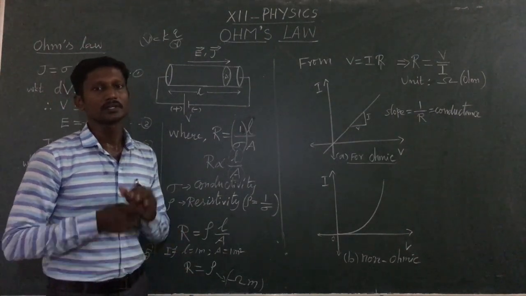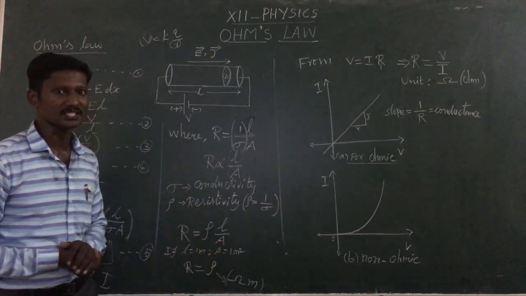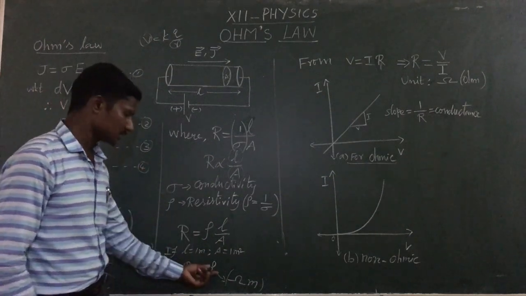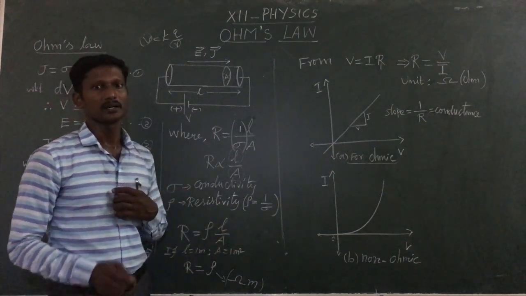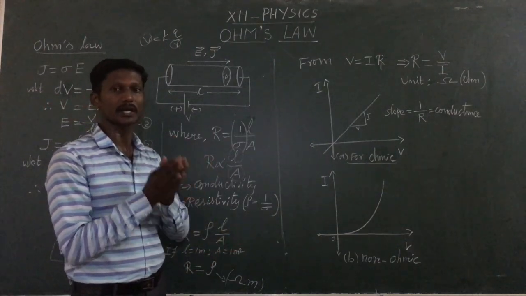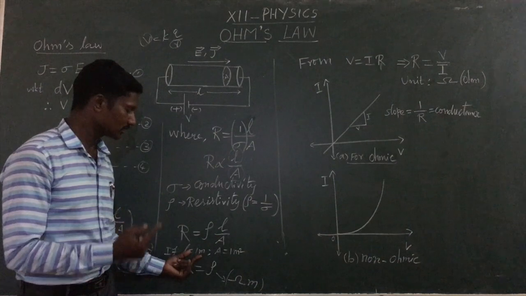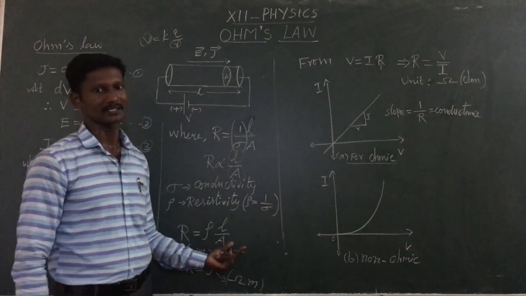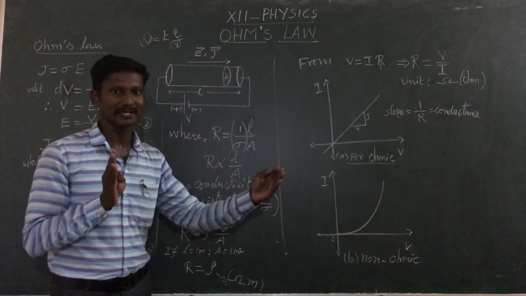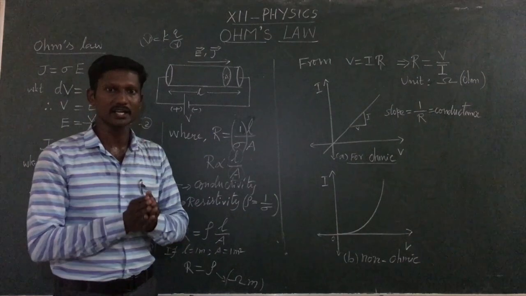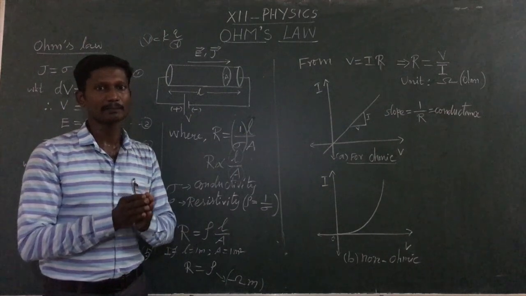Now we are going to give the definition for resistivity. So electrical resistivity is defined as, that is equal to resistance, isn't it? The resistance offered to current flow by a conductor of length 1 meter, that is unit length, having unit area of cross section. So a conductor that has 1 meter length and 1 meter square cross section area, its resistance is equal to resistivity. That is constant for a particular material.